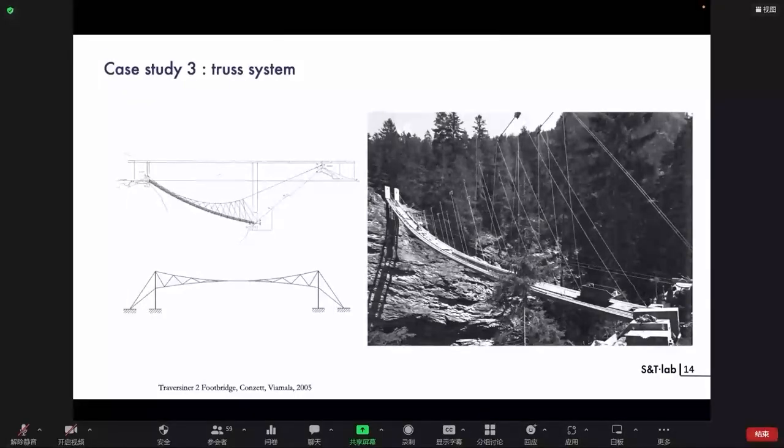This is the second version of Traversener 1. The Traversener 1 is a bridge that collapsed. Not collapsed, but was destroyed by falling. The engineer from Switzerland built this second version, and the only viable option at the time appeared to be to move the bridge down the valley, closer to the river and further away from the unstable inner valley. So moving in that direction, Conzet